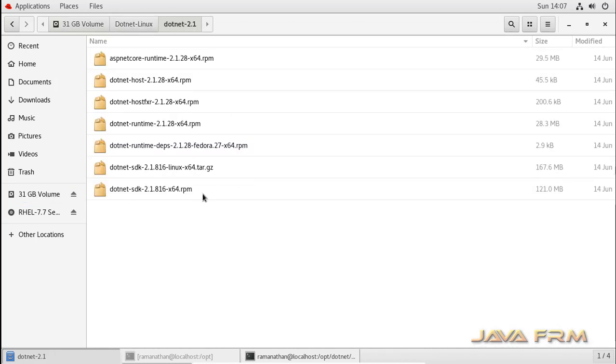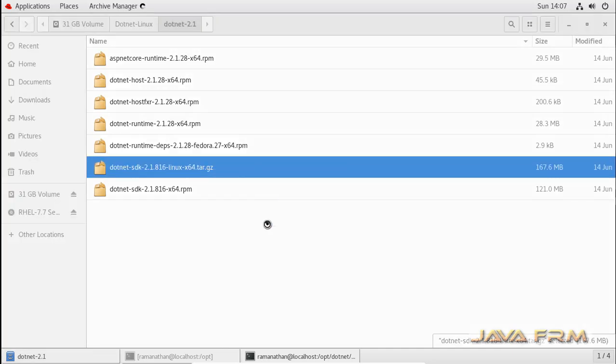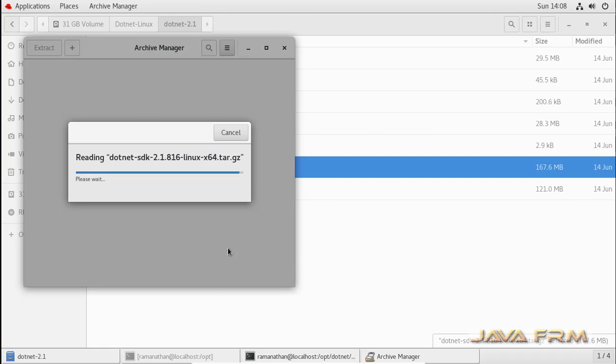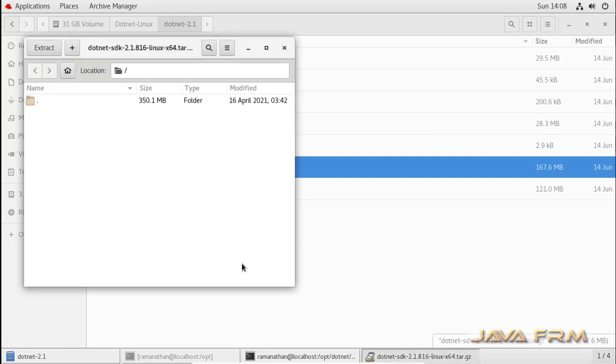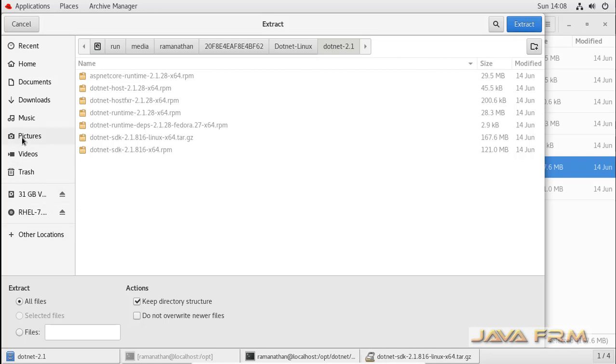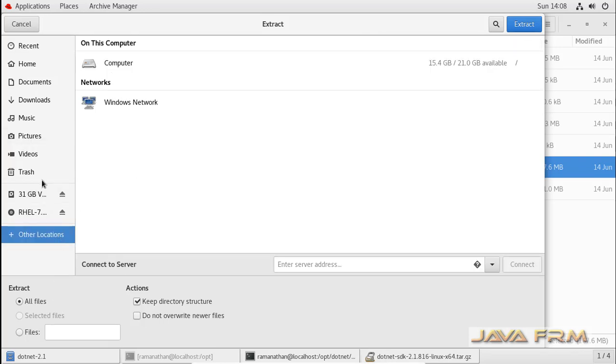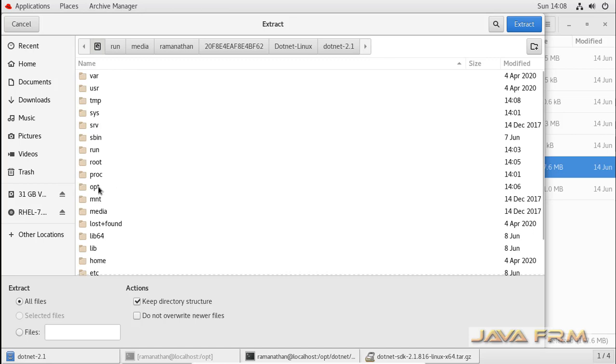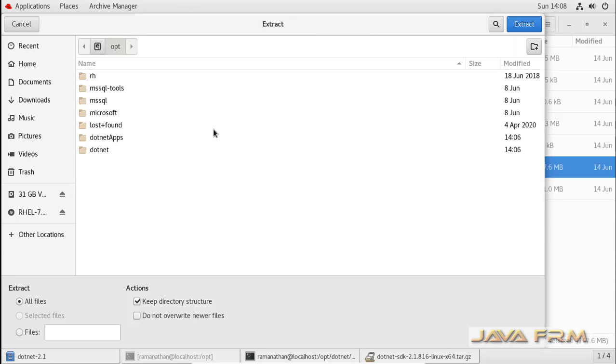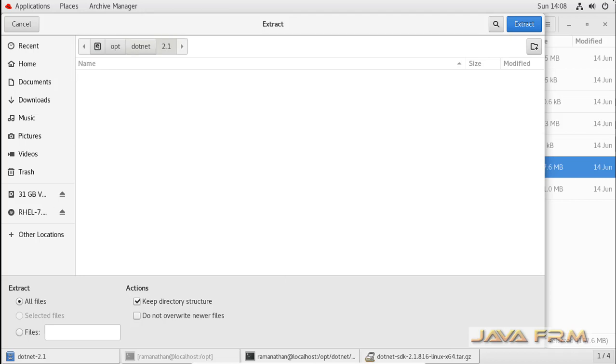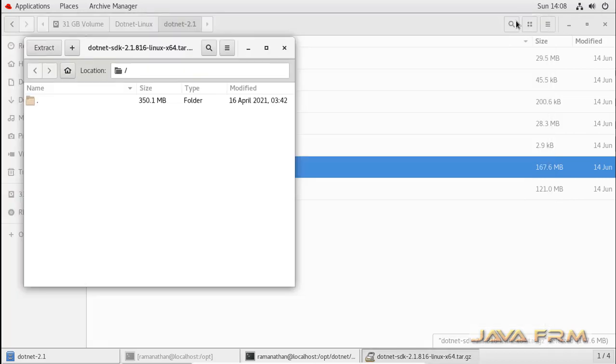Now let us extract this .NET Core 2.1 tar.gzip file to /opt/.net/2.1. Extract.